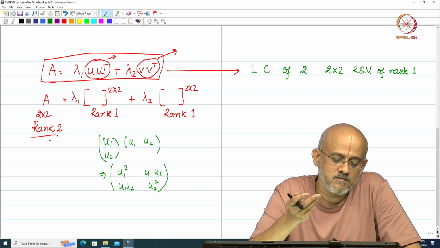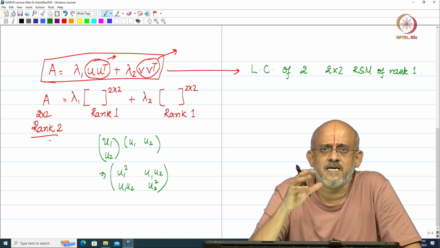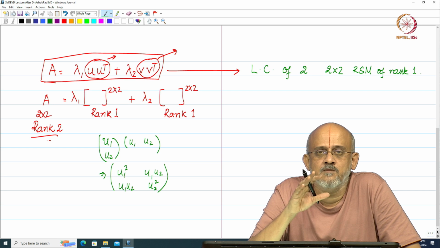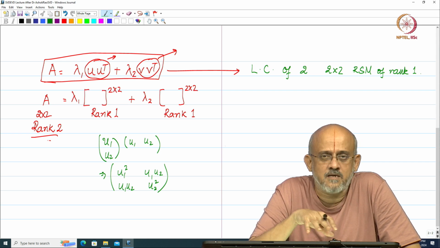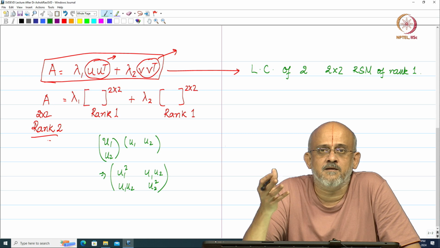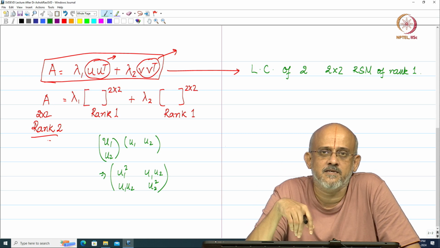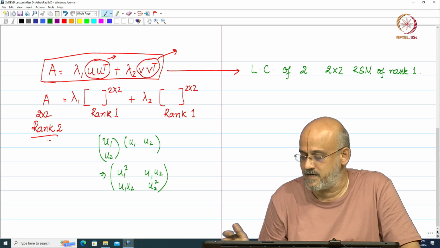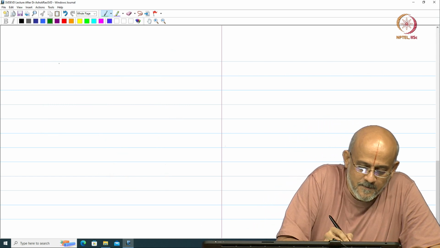Now, the question is, well, this is fine. Does that mean that we can generate only real symmetric matrices? That means you can generate square matrices. Can you not generate rectangular matrices at all? Can we not have something like this to generate rectangular matrices? And that's precisely where we get into the idea of singular value decomposition, which you did,